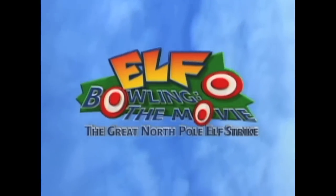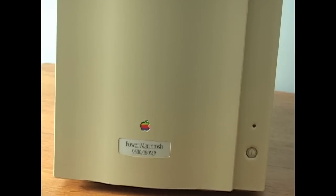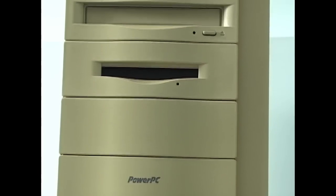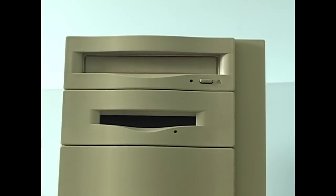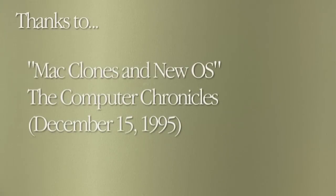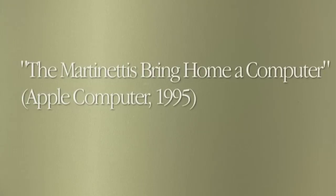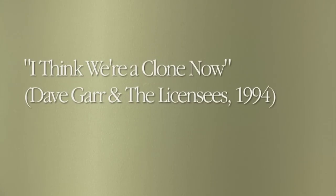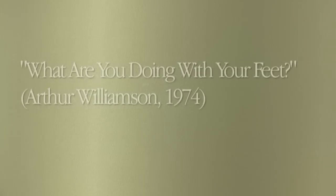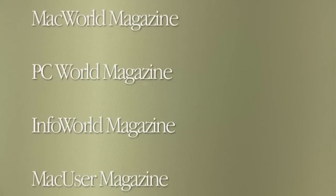Elf Bowling, the movie. Welcome to the future. Look at the way PowerPC keeps getting faster. What can Intel say? They're stuck with CISC, and so we're licensing as fast as we can, trying to obey that Spindler plan. Meeting with OEMs into the night, and then we whisper words like Gates and Grove, and they take out their wallet, and I say, I think we're a clone now. There doesn't seem to be Jean-Louis around. The Power Macintosh has the benchmark crown. The heat from Pentium